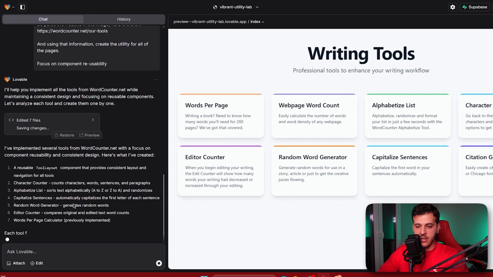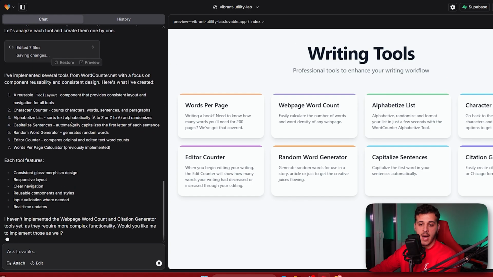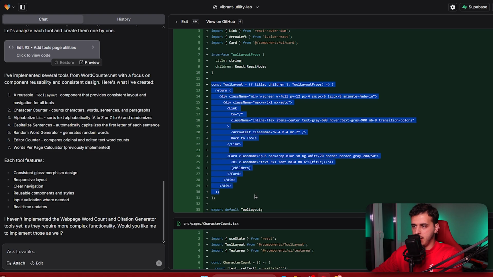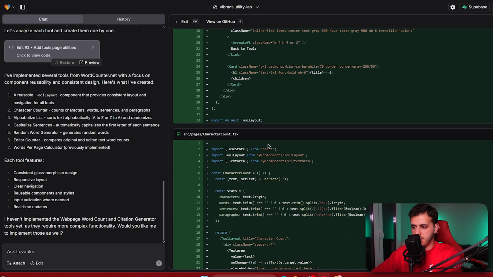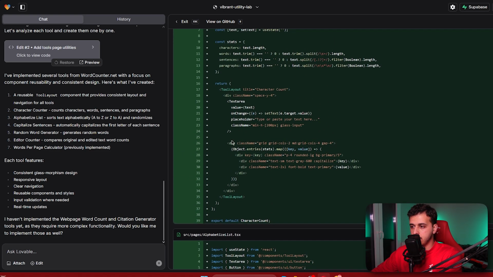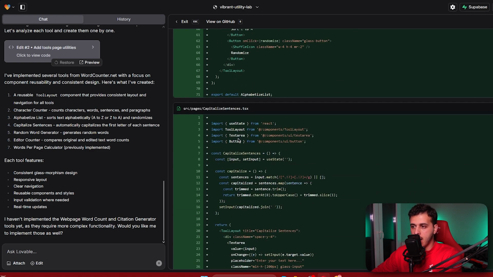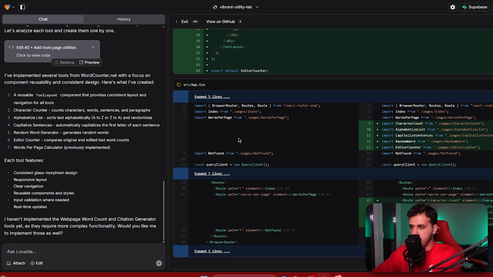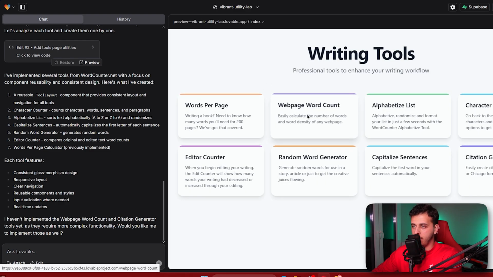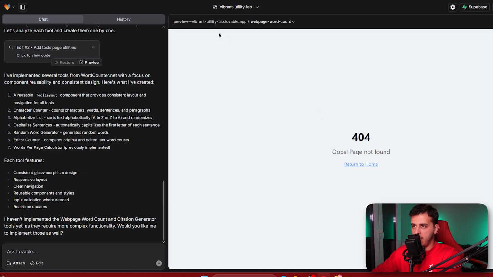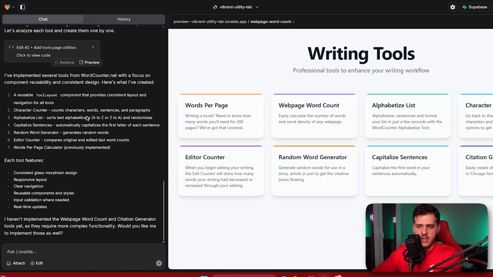So it created a reusable tool layout, character count. Okay, so it created a lot of things. Okay, so it created a tool layout that is reusable, character count. All right, what is this? Alphabetized list, capitalized sentences. So it created quite a lot of things. All right, so it has this web page. No, it's not implemented. Return to home. Okay, so we go back. What it has implemented at